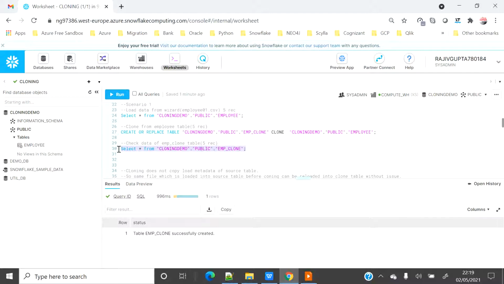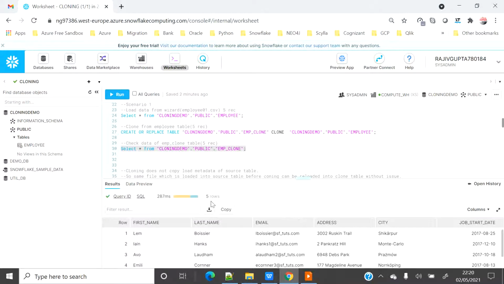Both can maintain their separate life cycle, meaning if I do any kind of operation on employee clone, it is not going to impact the source table, and if I change any records on the employee table, it's not going to impact employee clone.